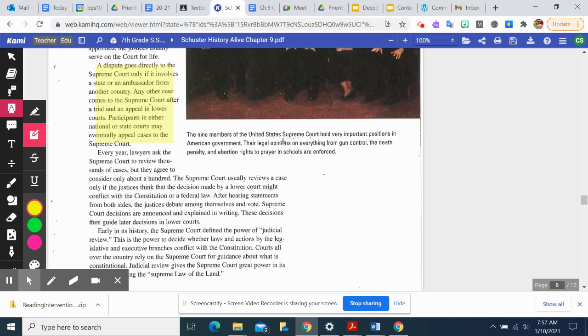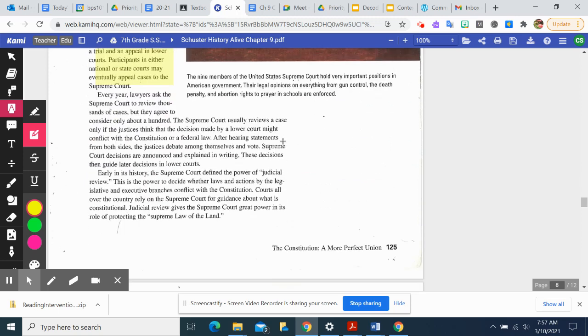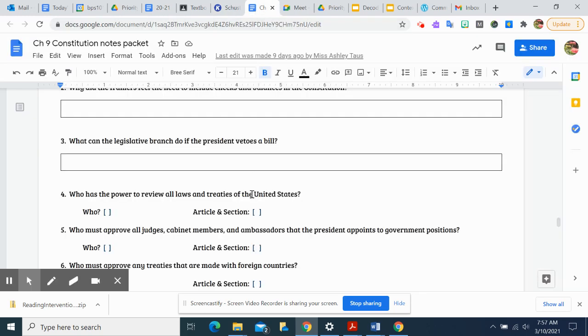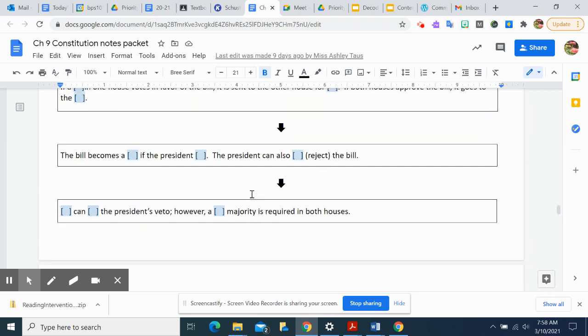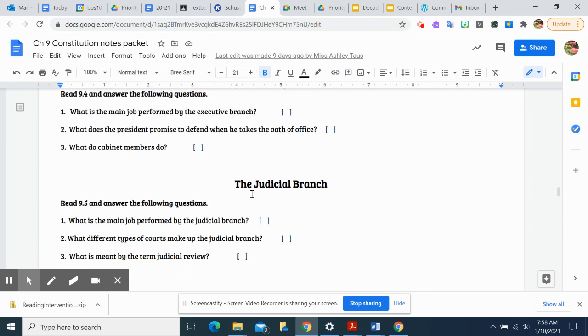You might want to reread this and go back over this a few times so you understand it. And I would suggest drawing things too. If you could draw little arrows to what the Supreme Court can do and kind of make little things on there. But I think if we look at Chapter 9, we look at not checks and balances, the judicial branch,